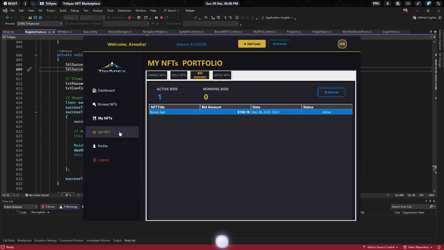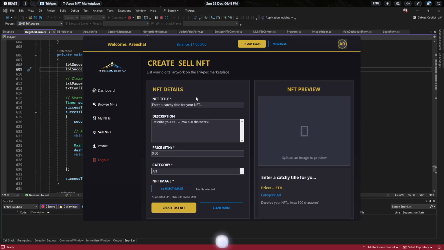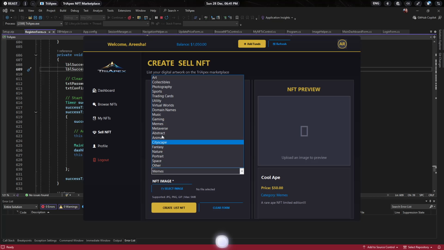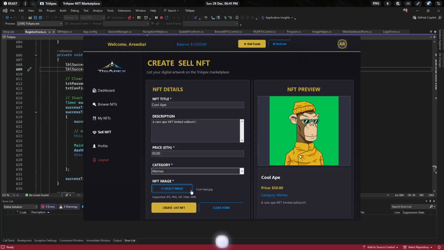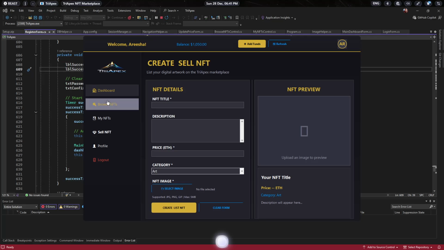time and date. In the listed NFT, we can list NFTs from here, like I will list an NFT, for example this one. Its price in Ethereum and its category. Then we can select an image and list this NFT. Now it will appear in browse NFT,